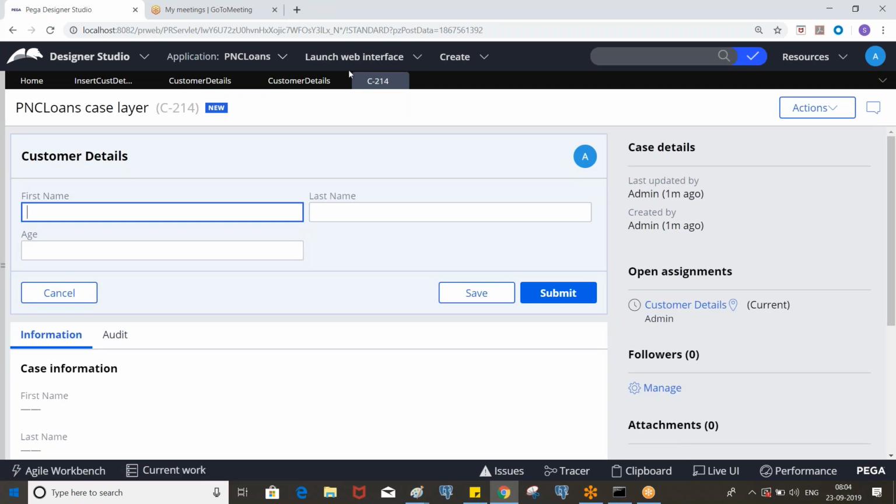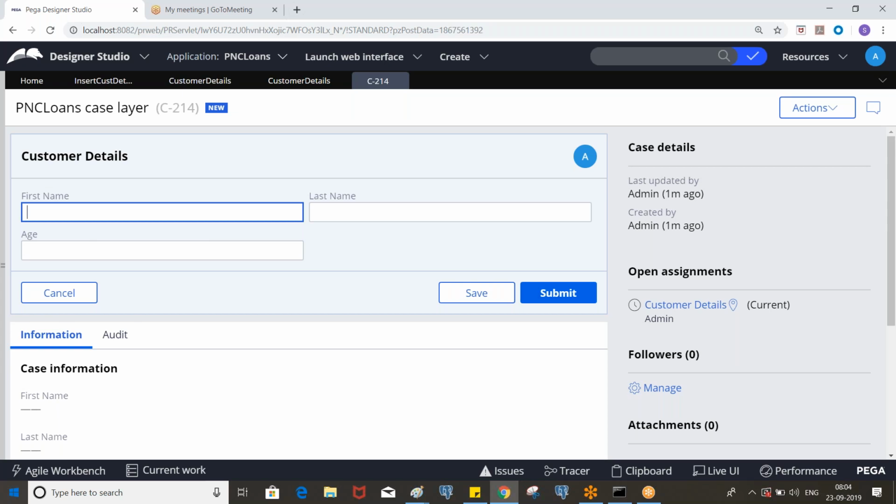If you invoke it in the post-processing, the activity will be executed only once you click the submit button. Is that clear?